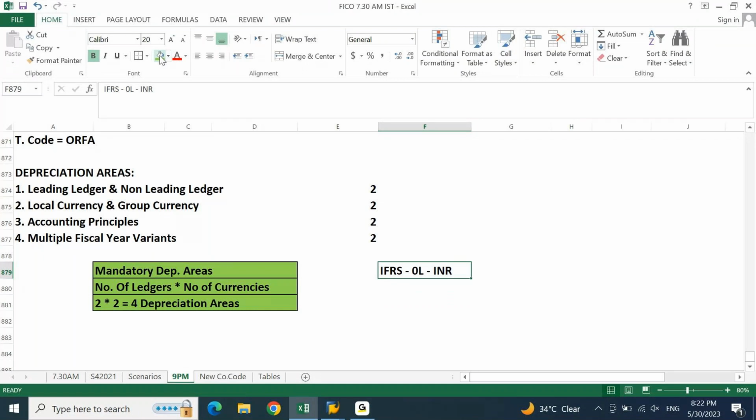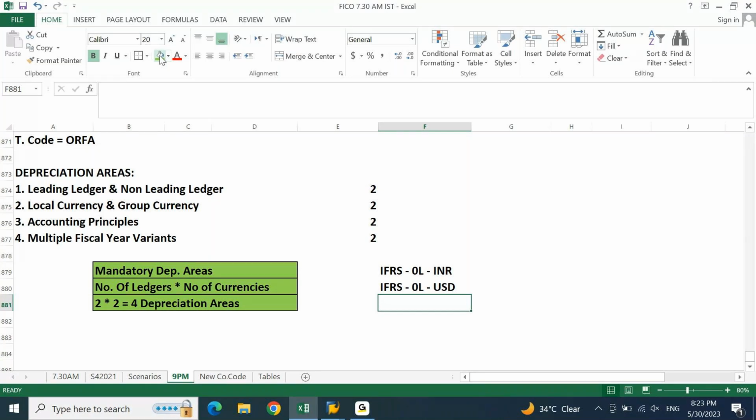Clear? Next one I'll put IFRS leading ledger dollar. Is this clear? IFRS leading ledger local currency, IFRS leading ledger group currency.